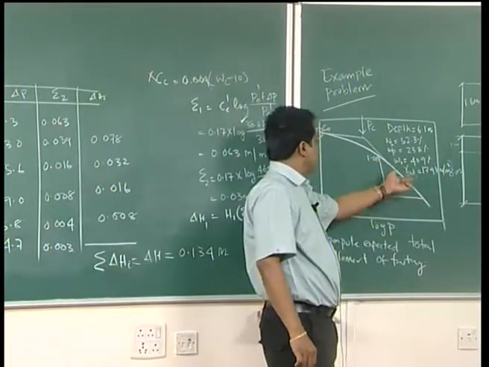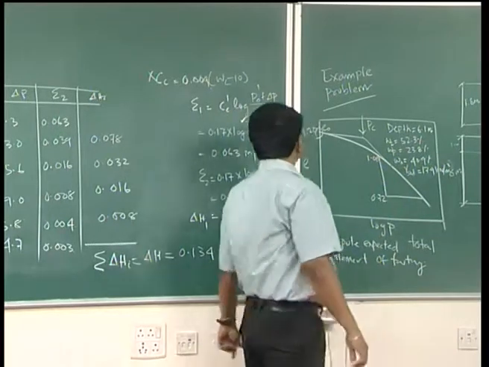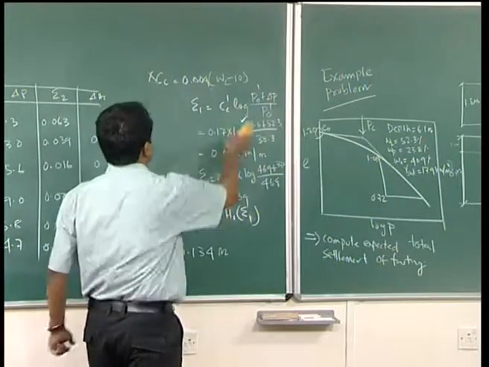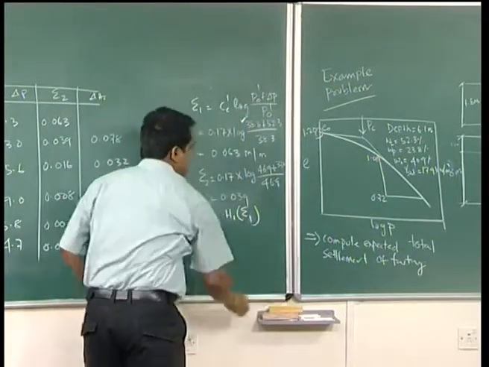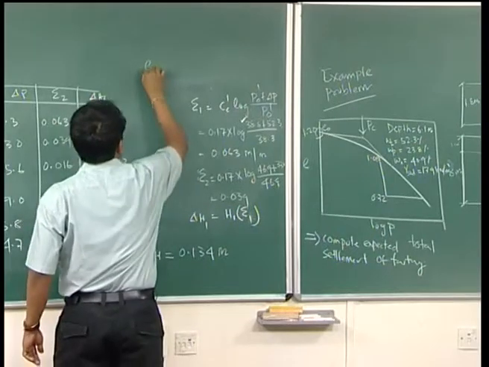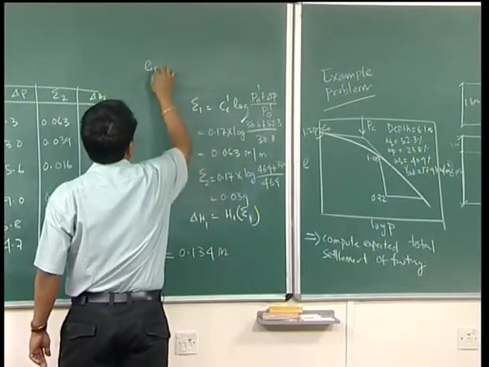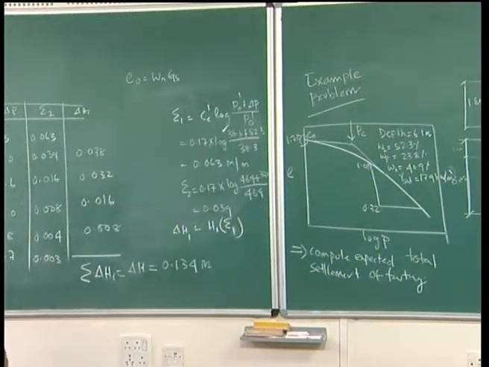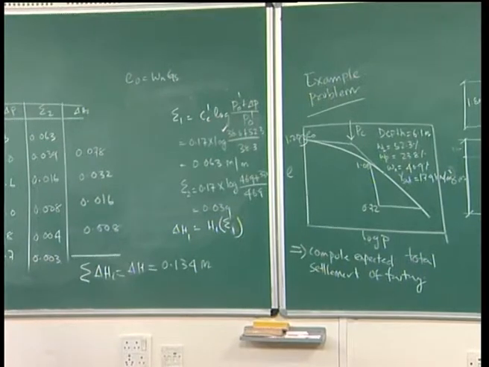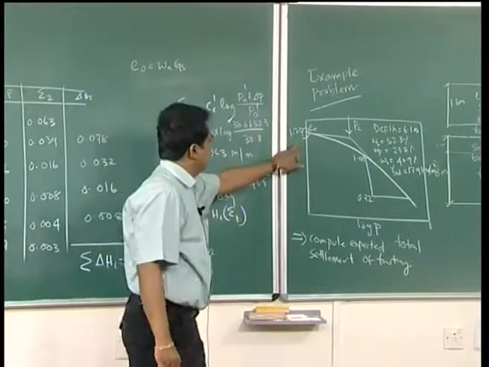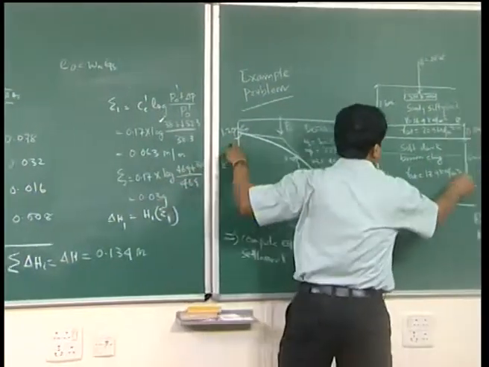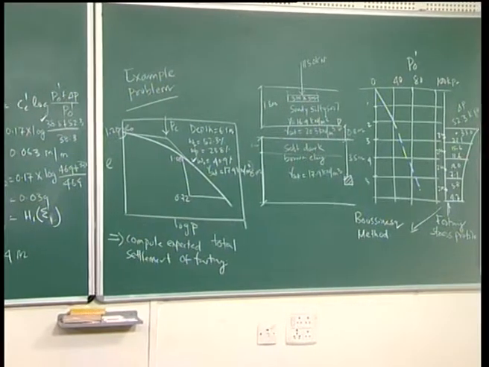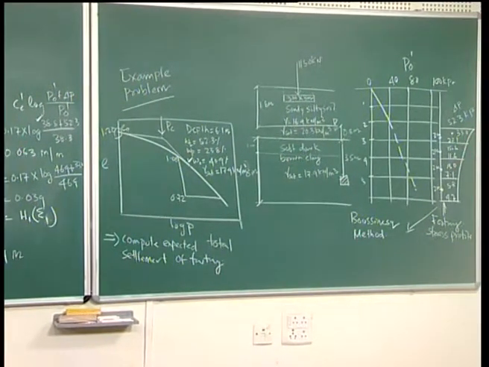This is called the virgin curve. From the slope you can get what is your Cc. Once you get Cc and e0, you can find out your Gs. You see, e0 is equal to Wn into Gs, specific gravity Gs. So, this e0 you got from here. The natural moisture content of the soil at this depth, Wn, is given. So, from there you can find out Gs. So, Gs is coming 2.76.